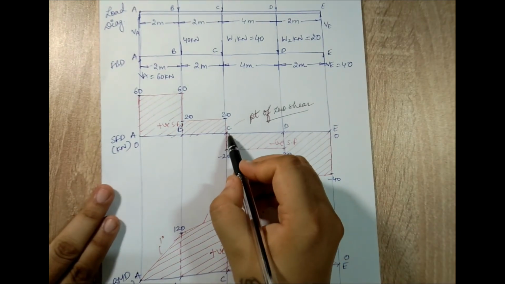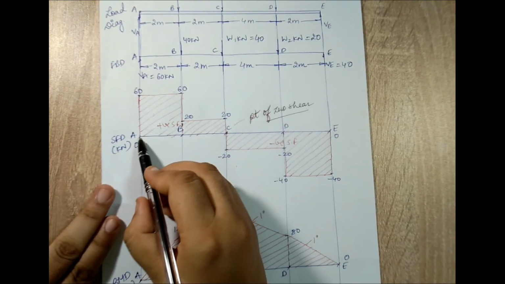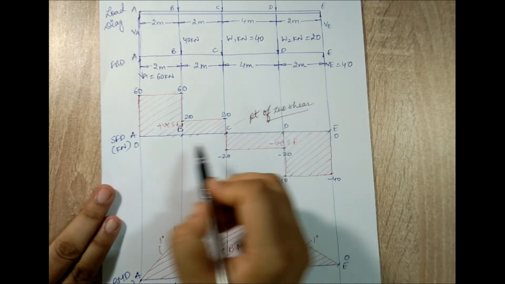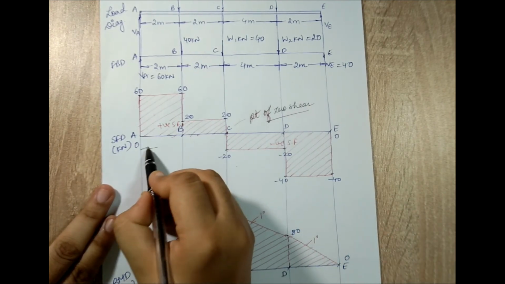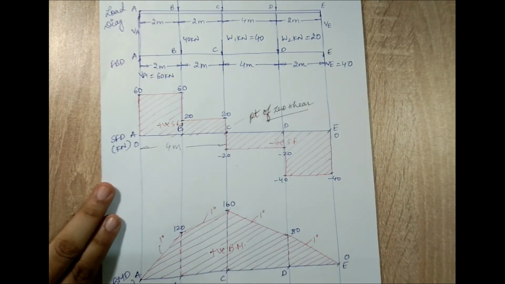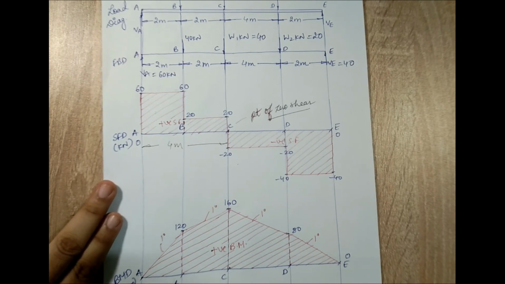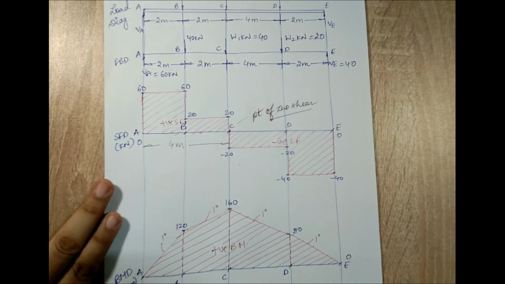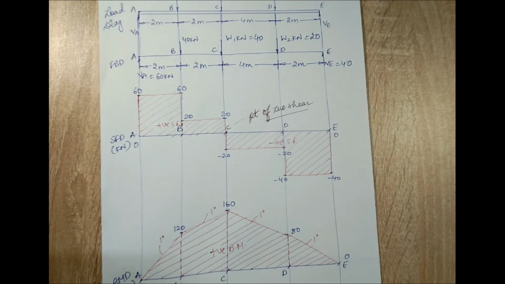Now you need to calculate the distance of the 0 shear from point A, but at this point if you observe carefully, I already know this distance, it is 4 meter. So I am not calculating, unlike in the previous session where I calculated the distance of the contraflexure point from any one end. So I need not calculate this distance. I hope you have understood the numerical.